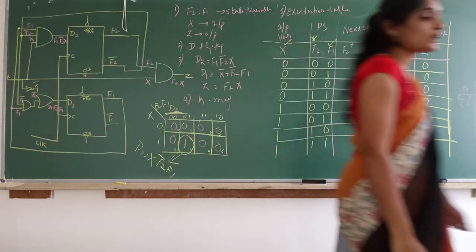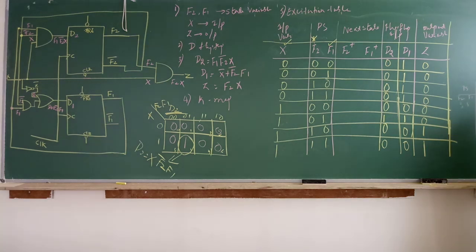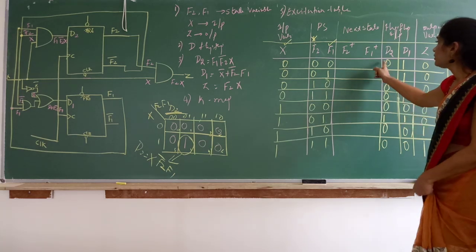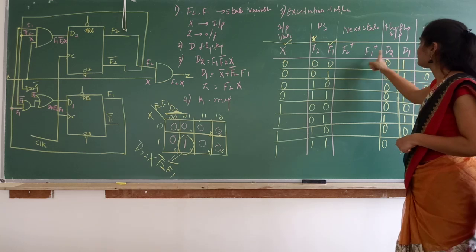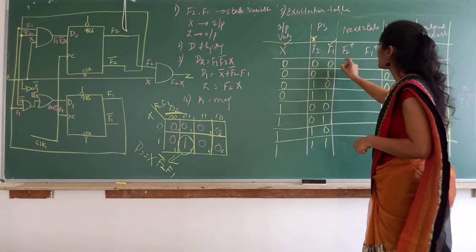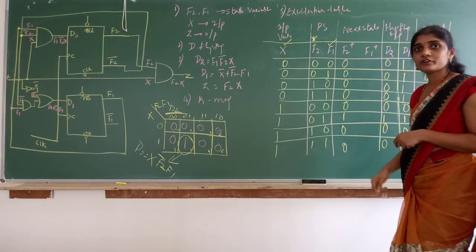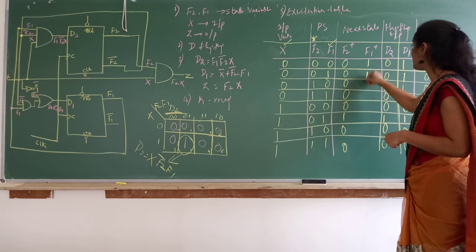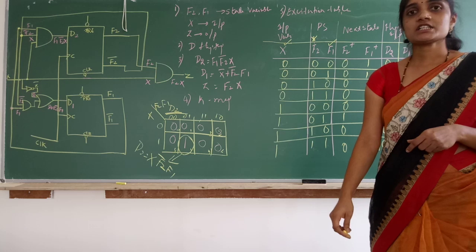Remember, if you don't write the K-map in the exam, you get only 70% of the marks. The remaining 30% will be cut. So please remember to write the K-map after you write the excitation table for the flip-flop inputs and output. You need to write the K-map for the output variable also. Now, looking at the excitation table of the D flip-flop, fill this. D2 present state is F2, so 0, 0, 0, 0. Hope it is very clear. I need not explain again. F1 is 1, 1, 1, 1, 0, 1, 0, 0. So this is the excitation table.